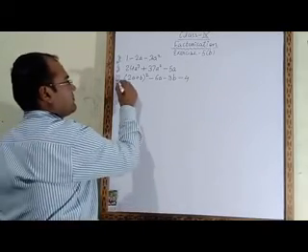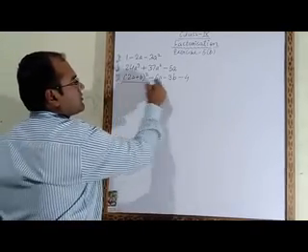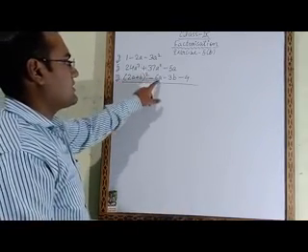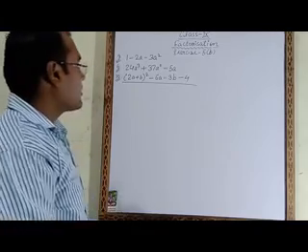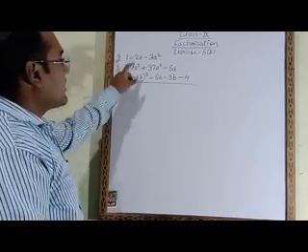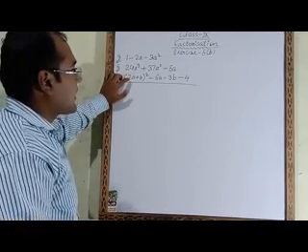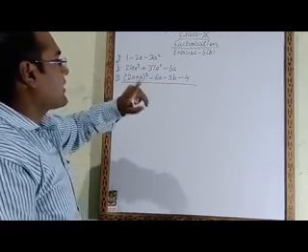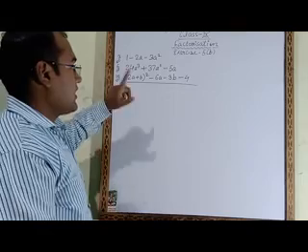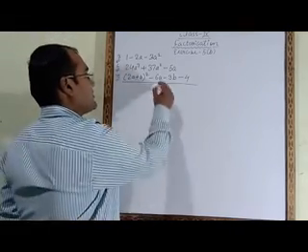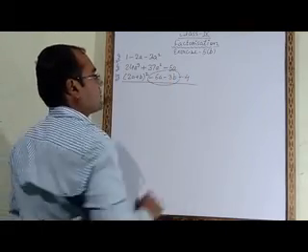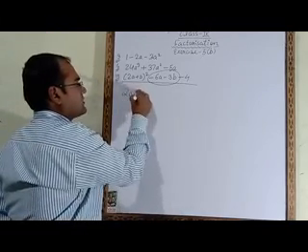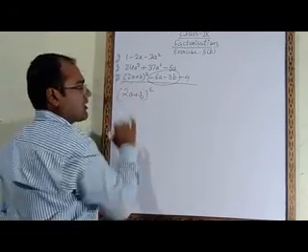Question number 10. In this question, what is given here? 2a plus b whole square minus 6a minus 3b minus 4. So what you have to do, first of all, here we have to open this bracket, or we can do one thing. Here if we will observe carefully, from these two terms we can take 3 common. If we will take this one, we have to write as it is. This one we have to write as it is.